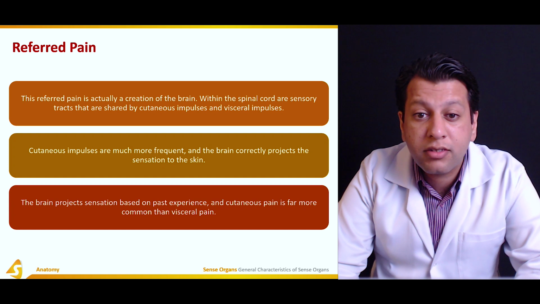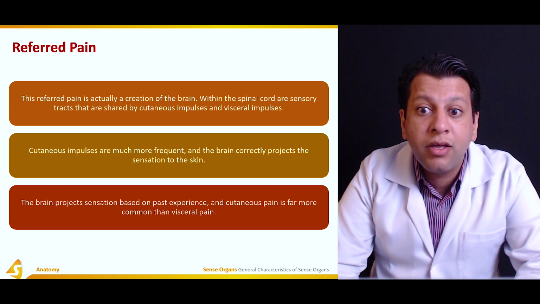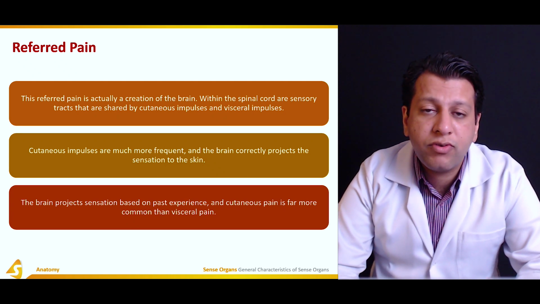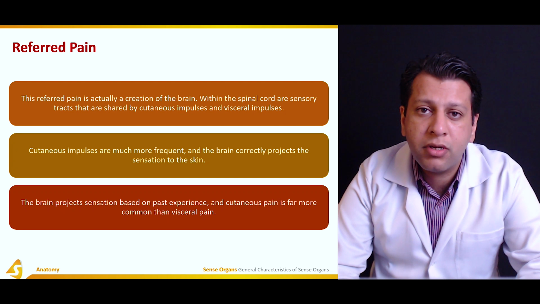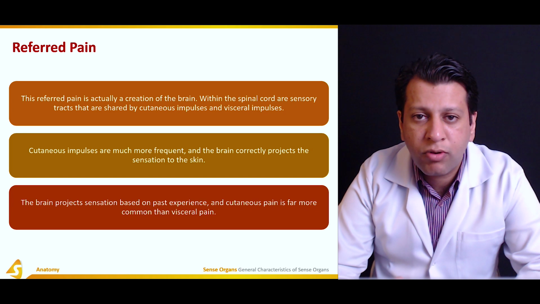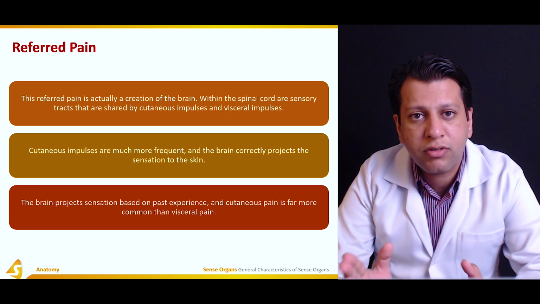This rapid pain is actually a creation of the brain. Within the spinal cord are sensory tracts that are shared by cutaneous impulses and visceral impulses. As you just studied, there are four parts. There are receptors, there are sensory neurons, and there are sensory tracts. These sensory tracts are going from the spinal cord levels to the thalamus and the higher centers of the somatosensory